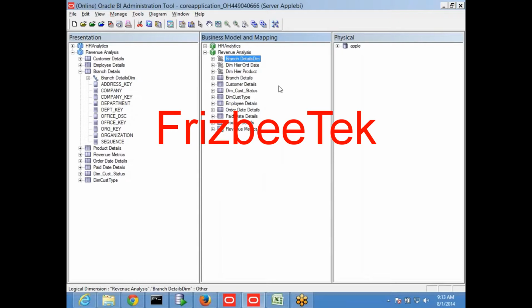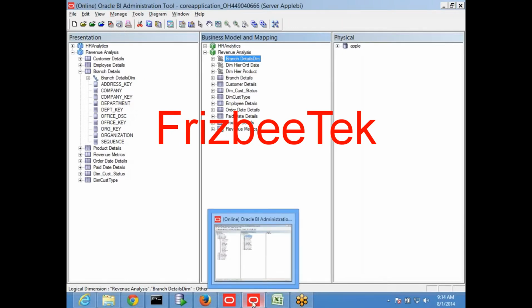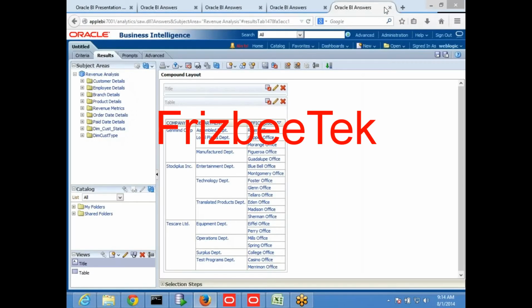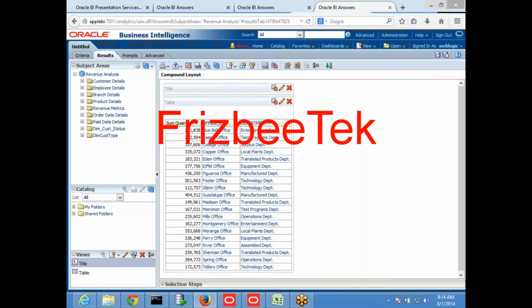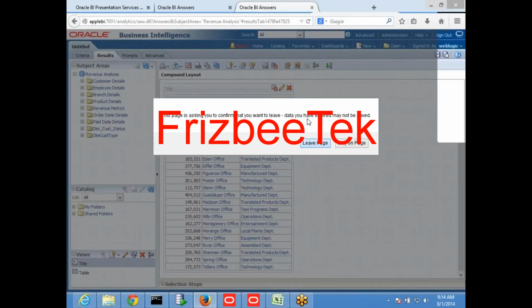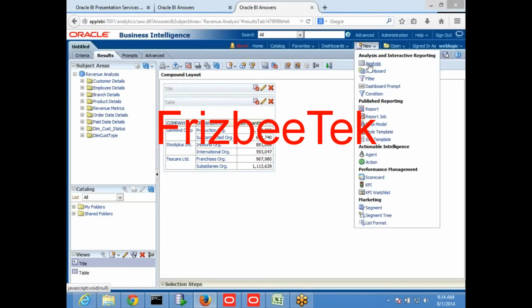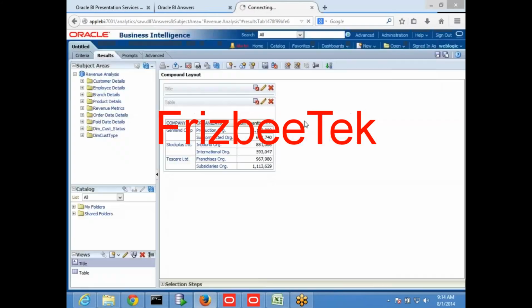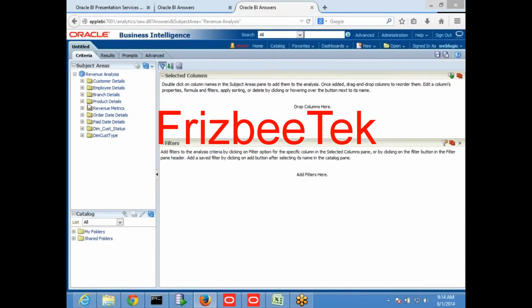Okay, so now we have to see the next one. So every time when we create a hierarchy, I think I'll show one topic, so I'm going to a product.